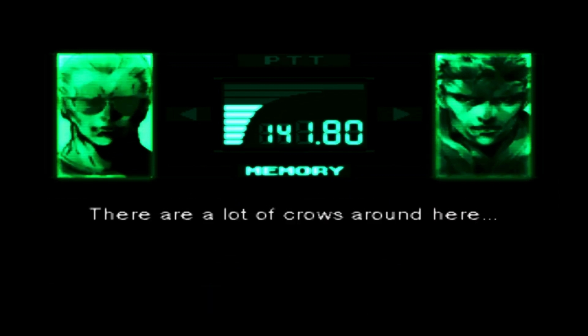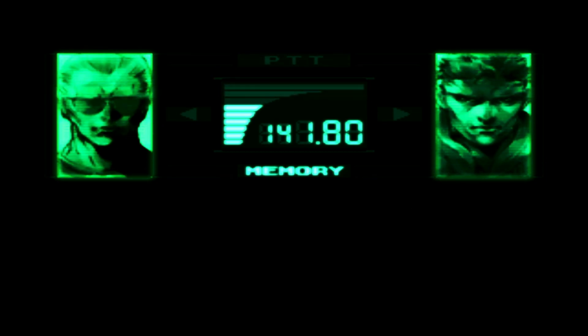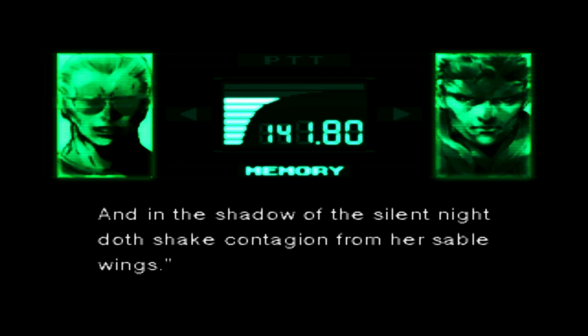There are a lot of crows around here. Those aren't crows. Those are northern ravens. The Inuit and other Native Americans worship northern ravens as creator deities. Some say that ravens have the power to predict death. The great poet Marlowe wrote about them in the 16th century. Thus, like the sad presaging raven that tolls the sick man's passport in her hollow beak, and in the shadow of the silent night doth shake contagion from her sable wings. That's pretty gloomy, Master. By the way...